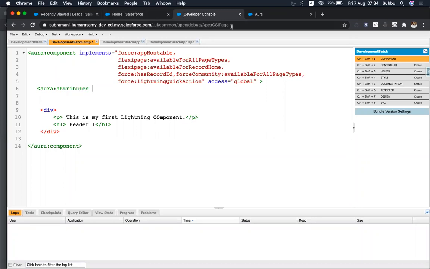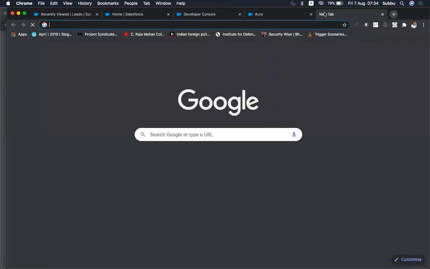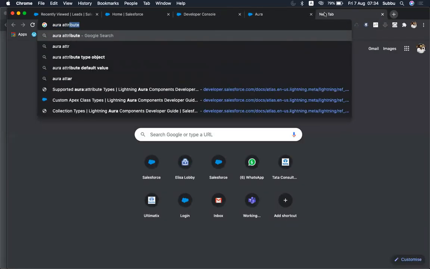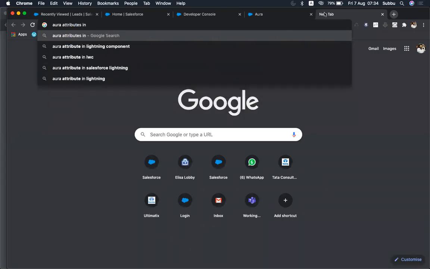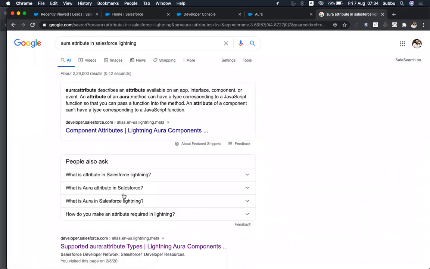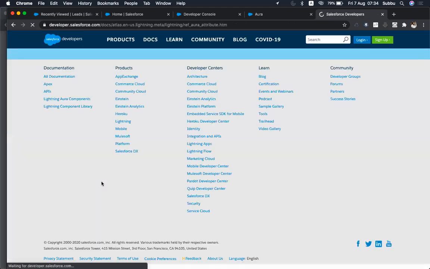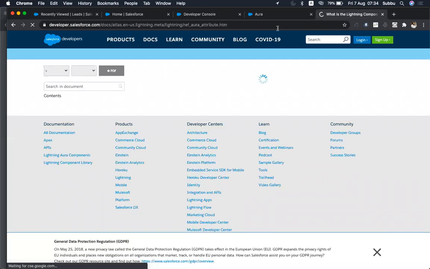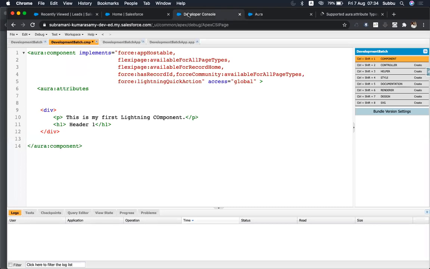Okay, so don't remember this. We can check it here in the document. This Aura attribute is nothing but, when you are creating a class or an object, you need to create the fields.